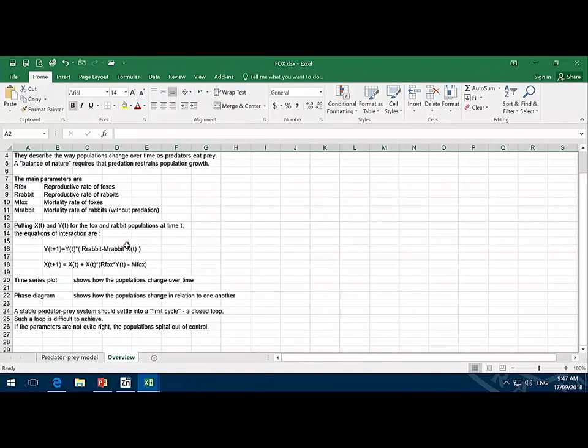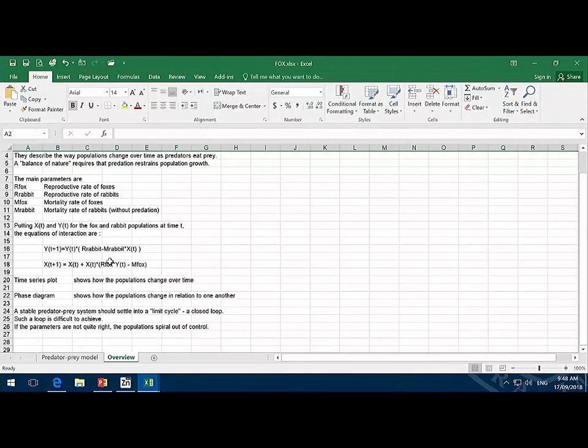that there are around. Right, and for the foxes, for every fox we've got the reproduction rate of the fox, but the reproduction rate is affected by how many rabbits there are, right? Because they need the rabbits to reproduce. And then we have just the morbidity rate of the foxes. Okay, so you get this thing where basically